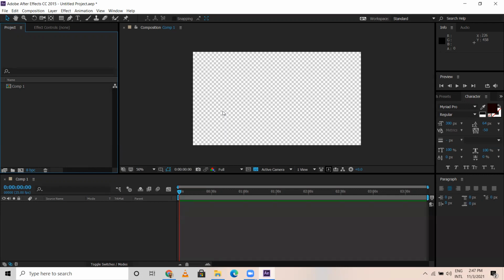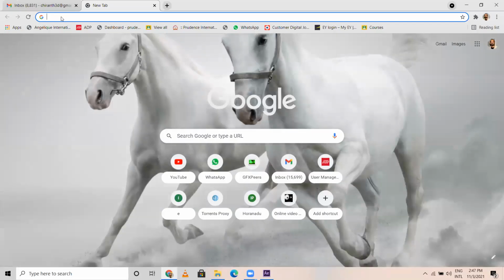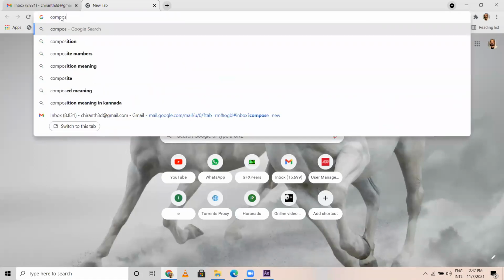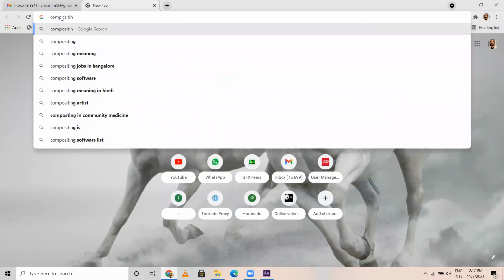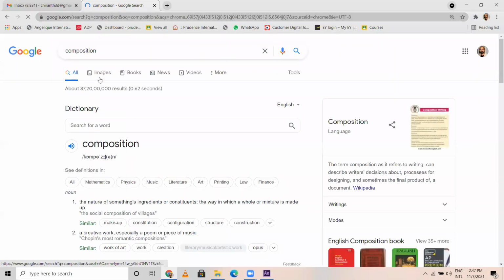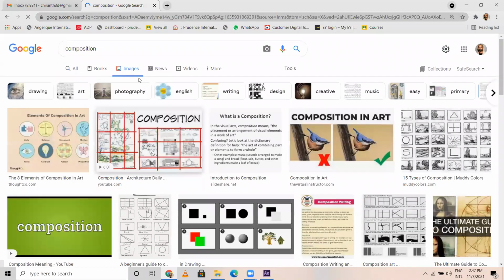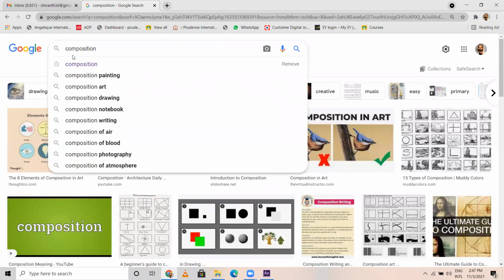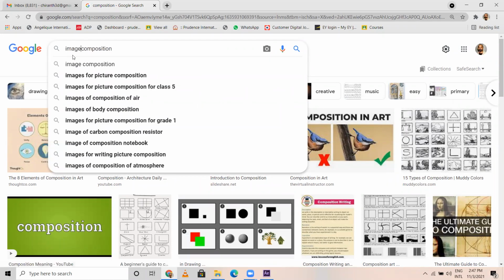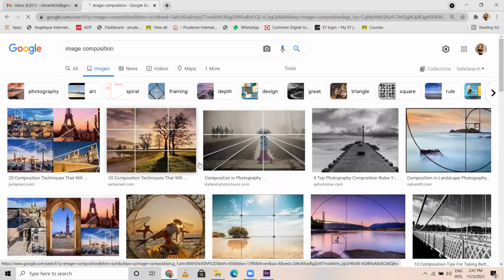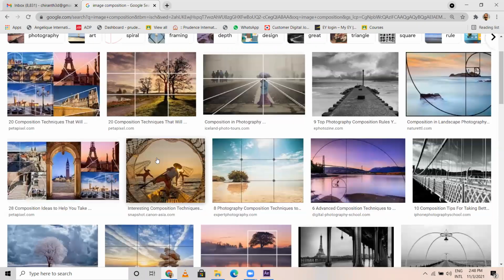Let's say in this scene, let me just go to something. I'll go for image composition, like this.